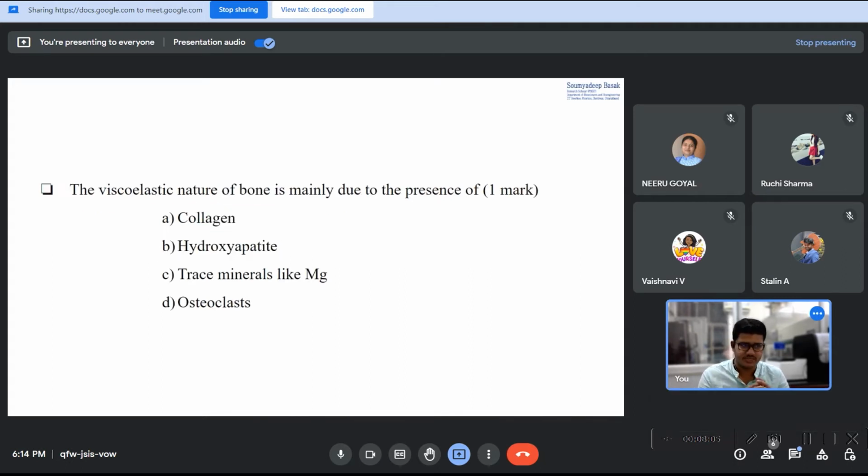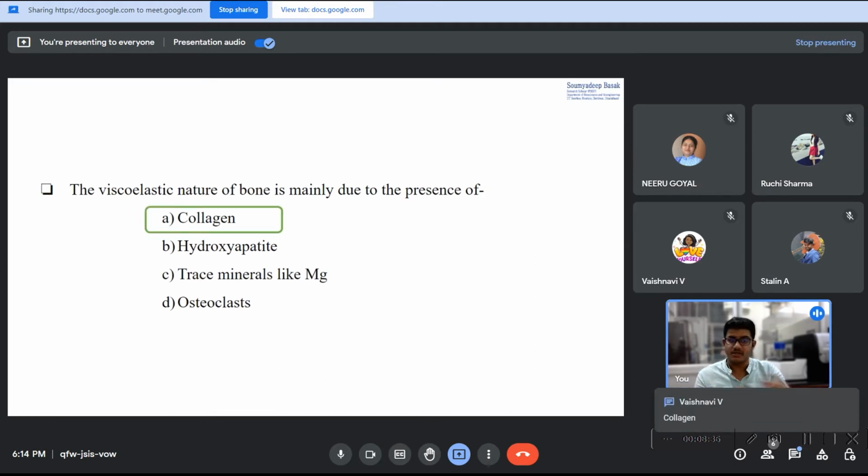This question is: the viscoelastic nature of bone is mainly due to the presence of what? Collagen, hydroxyapatite, trace minerals like magnesium, or osteoblast. What provides the viscoelasticity? Right. Anyone else? Viscoelasticity is given by